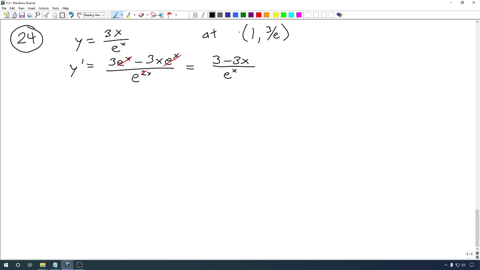Now, of course, we're mostly interested in what happens when x equals 1. What is y prime of 1? If I plug 1 in here, well, we have 3 minus 3 on top. Well, you probably see right away that that's all we really need to know, but the bottom does become just an e. But this just becomes a 0. That means our tangent line